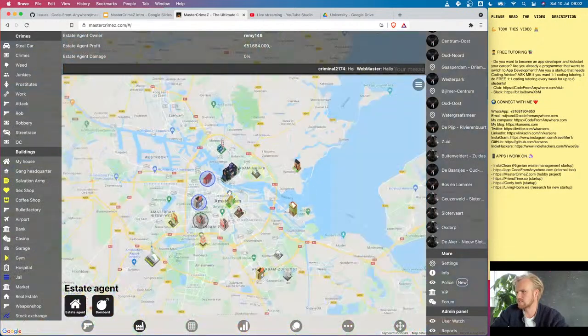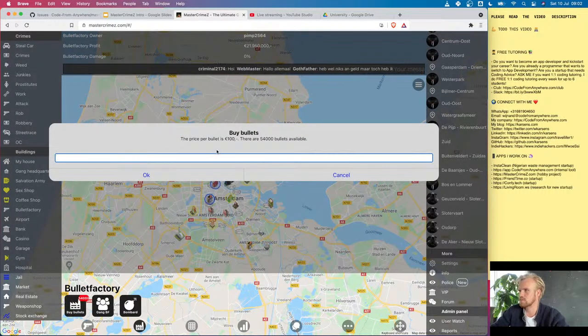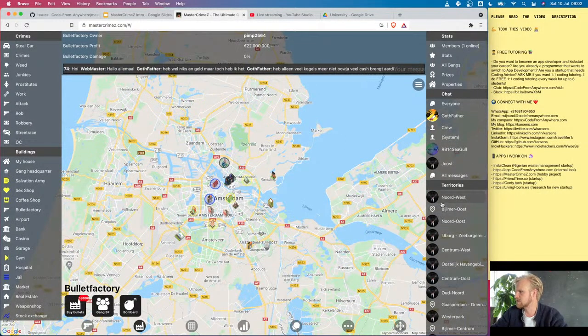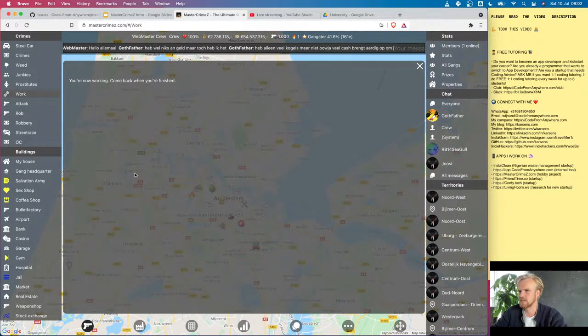You have a map with all kinds of buildings where you can do stuff. Like you can buy bullets in the bullet factory, for example. There are 54,000 bullets now. Let's buy some. Yeah, there's lots of stuff to do. There are territories you can take over and earn money from. There are people you can attack and kill. There's work you can do, like cleaning up the trash. Okay, it's all text-based and images, but yeah, it's fun to work on, and it can also be fun to